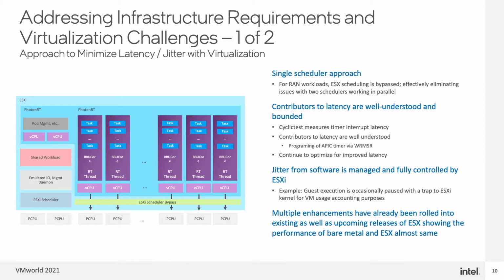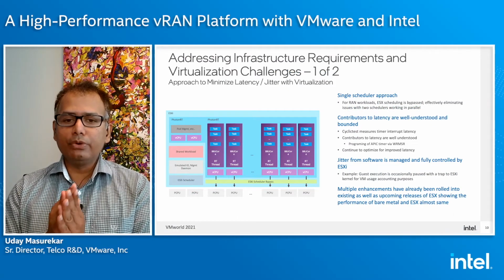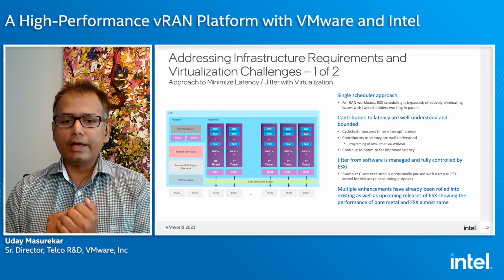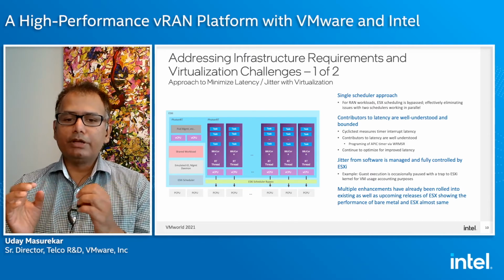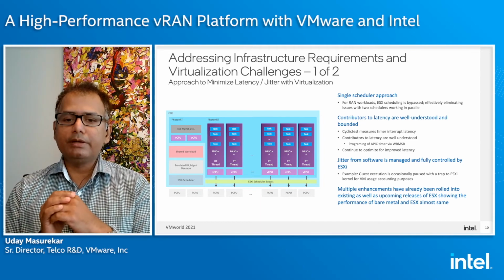How this is achieved is, like I mentioned, one is steering the hardware interrupts to different non-real-time processors, as shown more towards the left-hand side of this picture, and making sure that the purple boxes here, which are more dedicated to RAN workloads, are functioning in a tickless manner. Other than that, we also enabled a few additional technologies from Intel to give benefits to RAN applications. In summary, this overall execution noise is completely managed and contained.